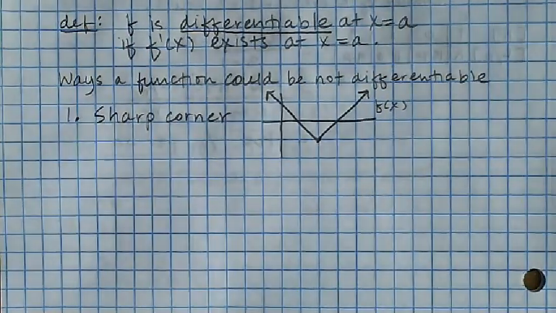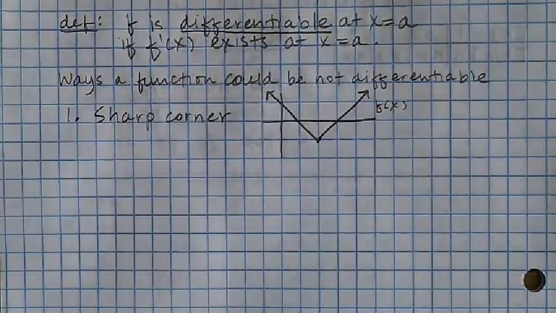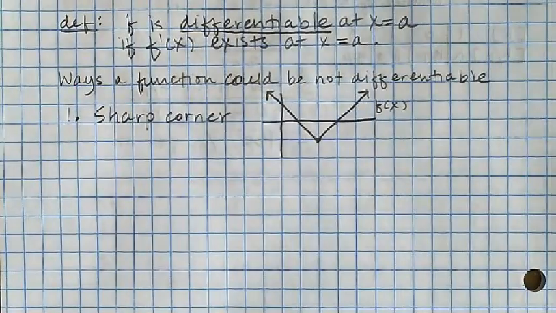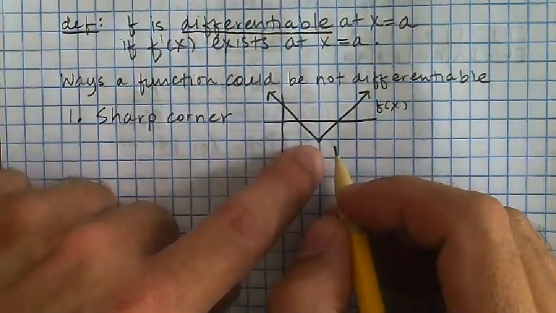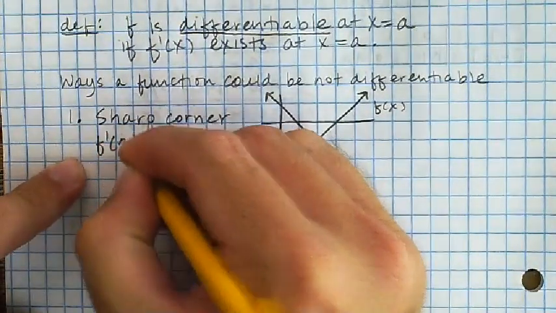Now, if we had to, we could write down a formula for f of x. f of x is probably equal to -1 plus the absolute value of x minus 2, but I don't really need to worry about that. I'm going to say that f prime does not exist at x equals 2